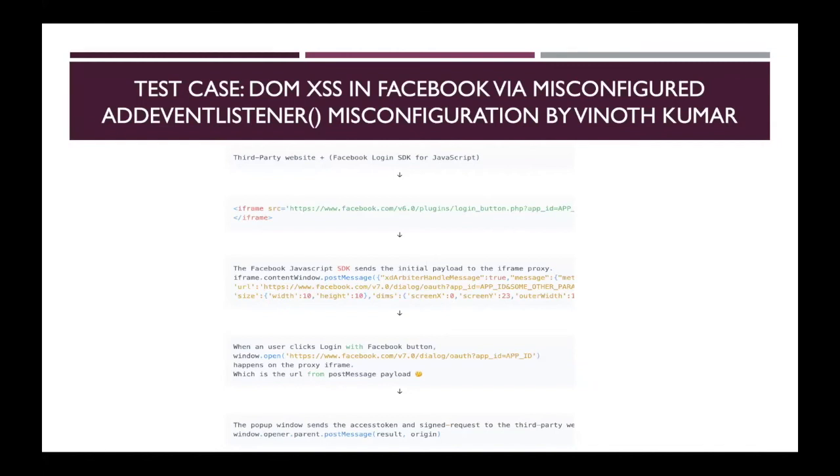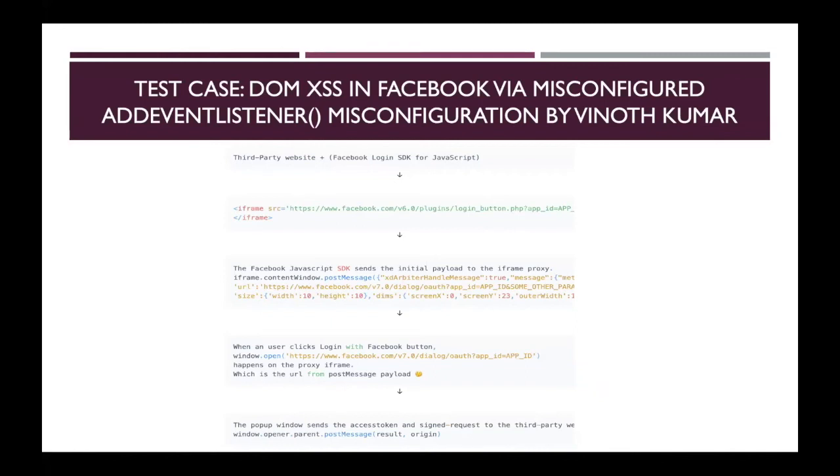It will find the user's id, and on the basis of the user's id and the session, it will create the access token, and it will get passed into the main website, or you can say the third-party